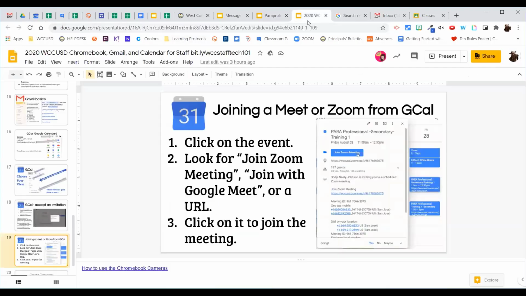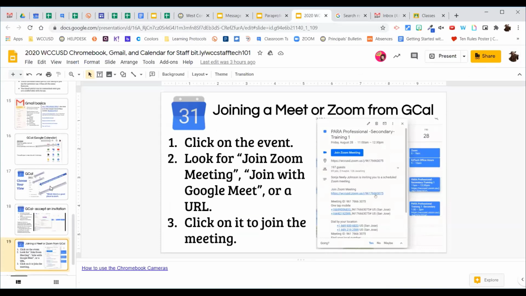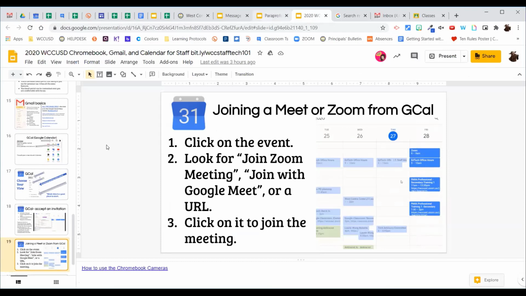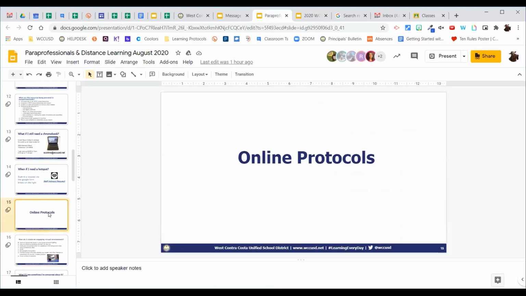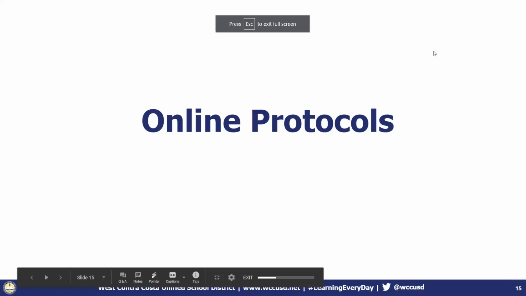Okay, I think that's about it. One more thing I have to say is that we will be sending you an invitation to a Google Classroom. All you're going to have to do is click on the link and it will put you into the Google Classroom.